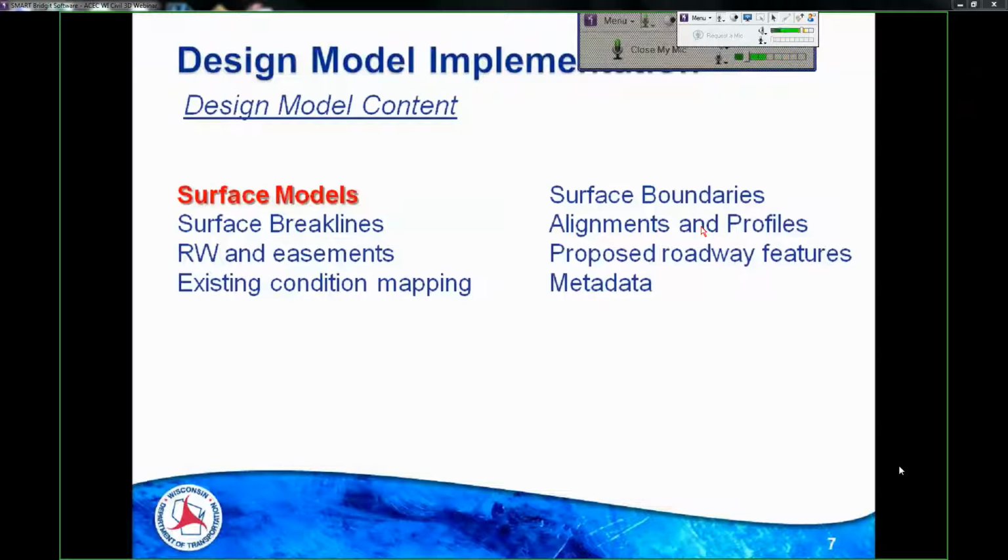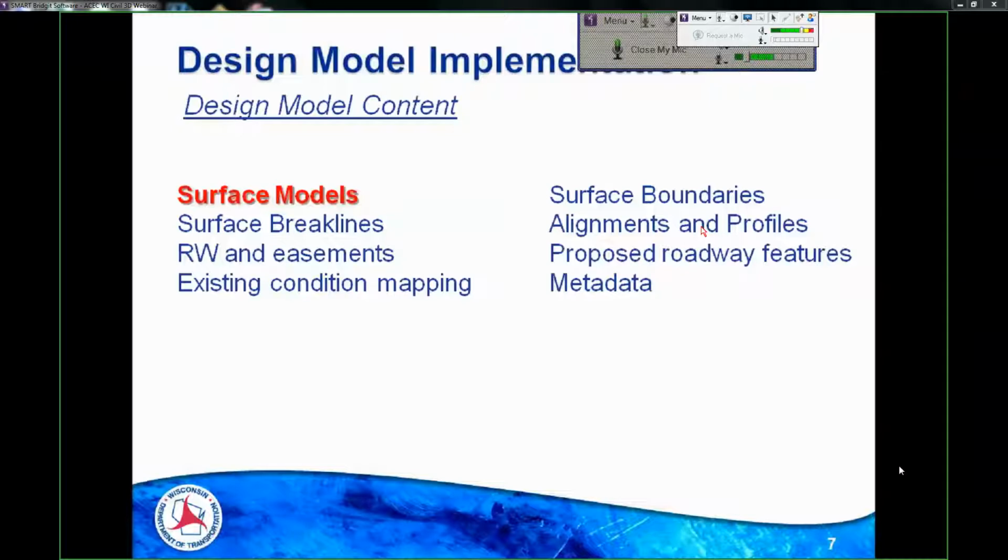The next one I want to talk about is design model, and the way we're using that term now at Wisconsin DOT, that refers to the package of information, the digital data files, that we're extracting out of our civil 3D design project. Its principal component is surface models,